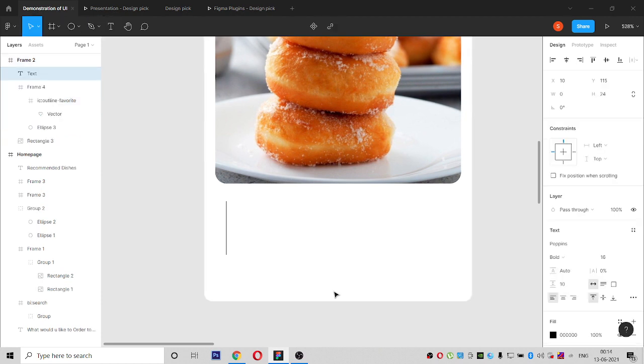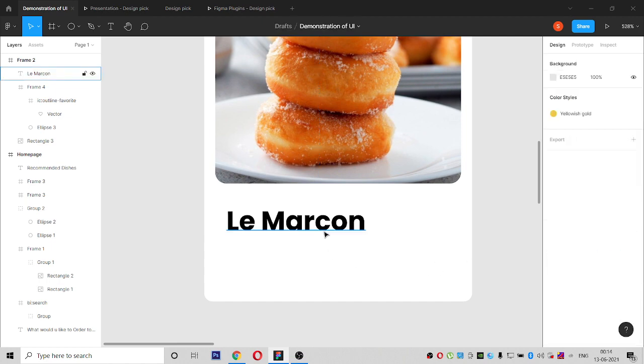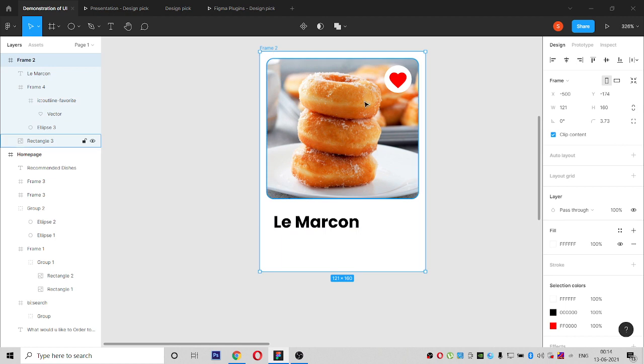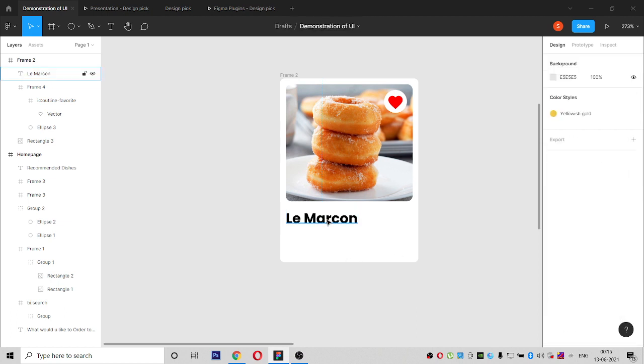So for this product name, what we will use is Lay Macaron. For inside a card, we should make the size 12. This is a small card, so since I'm making a small card, size 12 is enough. If you make it 16, it will cover fully. Because if product names are very big, we cannot fit them here and the text comes down. So I'm making it bold only, let it be bold.